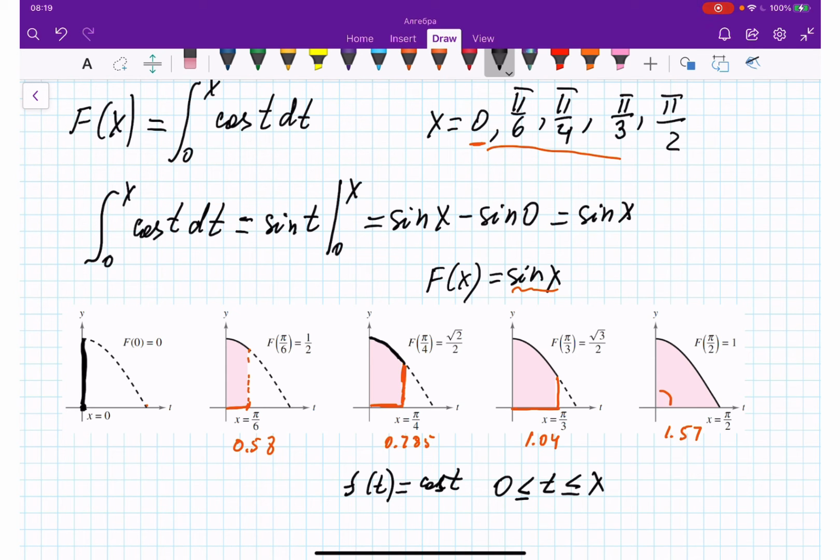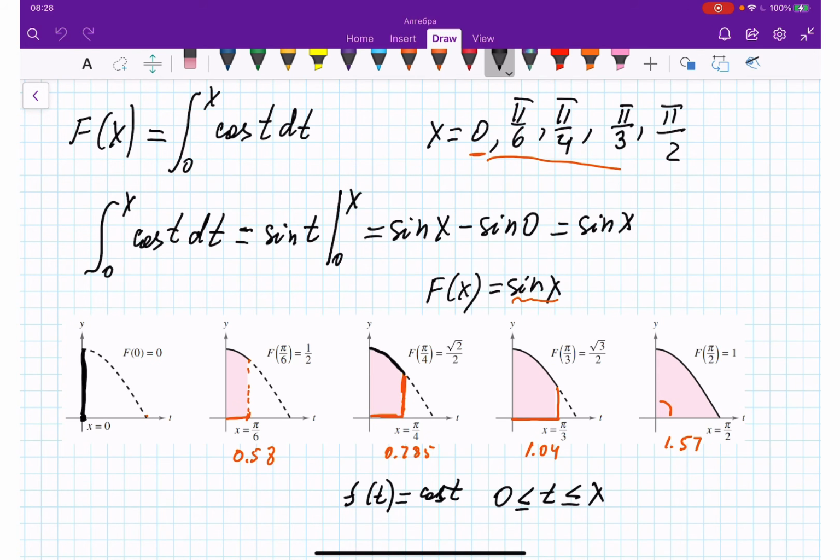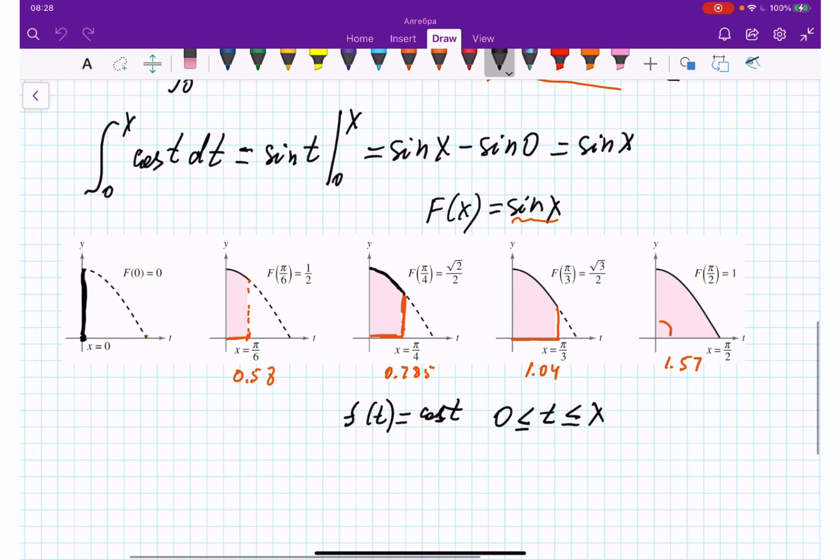So this type of interpretation of an integral we consider as an accumulation function, and it is used often in application of integration. Okay, note that the derivative of f is the original integrand, right? If you take the derivative of f, which is sine x, you go back to cosine, correct? Let me write down